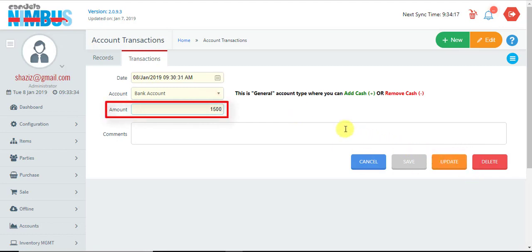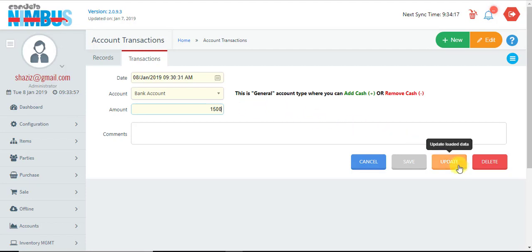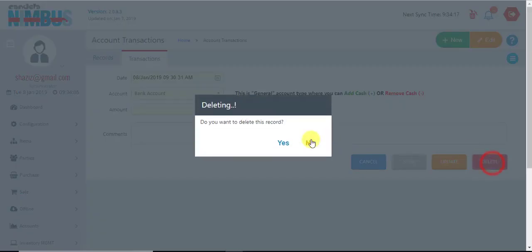But remember, we can only delete or update the transaction if it is made after the last end of day. Once we perform the end of day operation, which means we have reconciled the cash for the day and closed the day, then the transactions before those cannot be deleted or updated. Only the transactions which are after the last end of day or cash reconciliation can be deleted or updated.